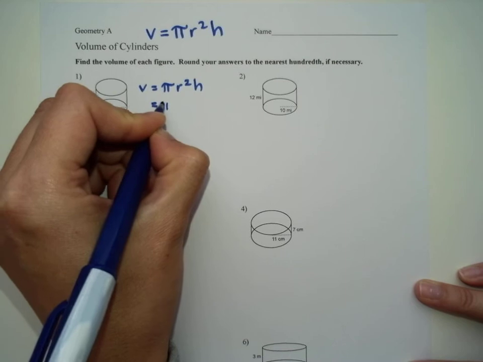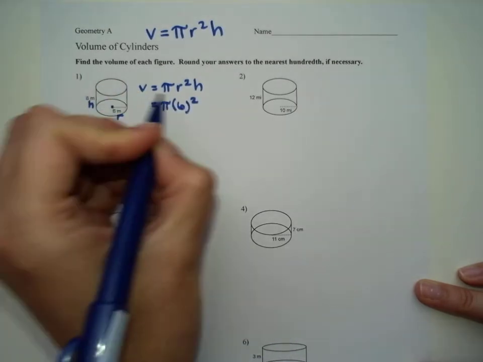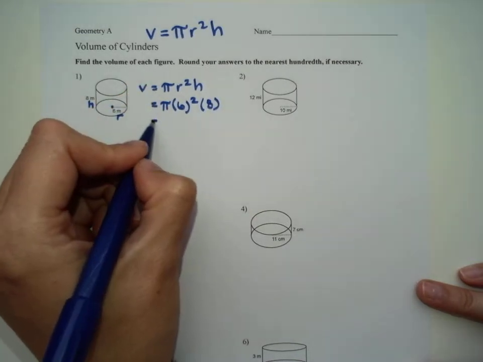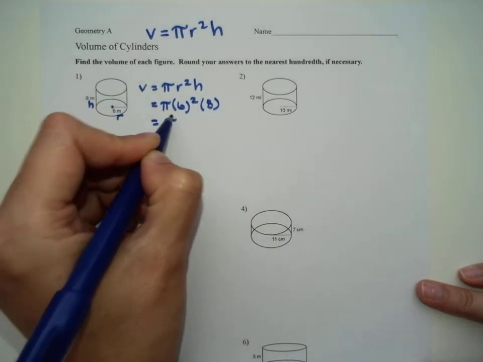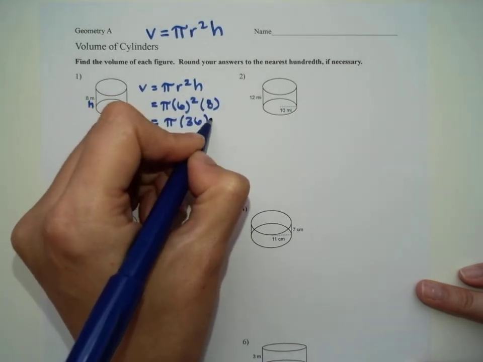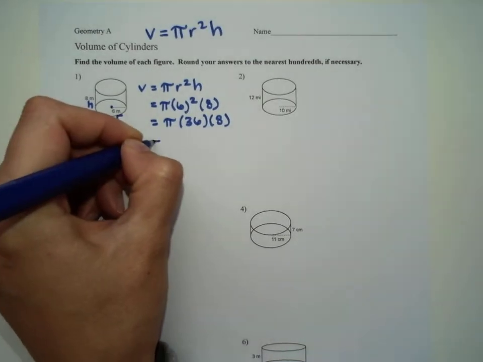So we have pi times the radius, which we said was 6 squared, times the height, which is 8. We're going to simplify. We still have pi. 6 squared is 36. Times the height, which is 8. We're going to need our calculator. And 36 times 8 is 288